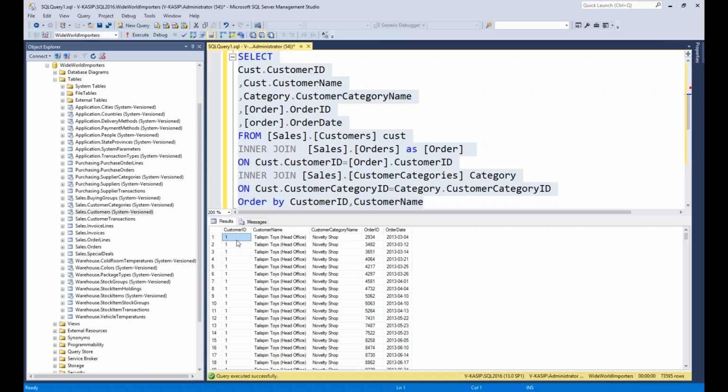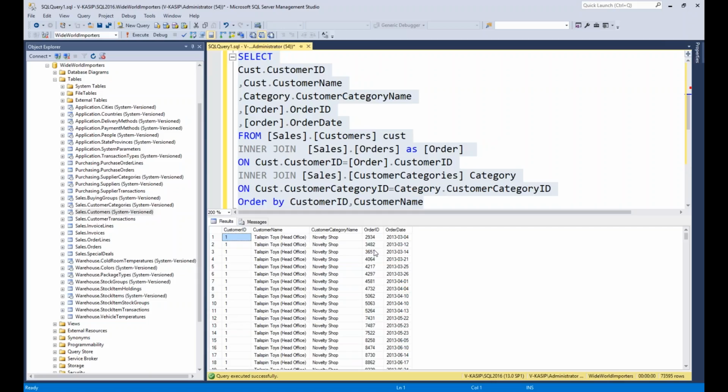Even the order ID differs. One customer can purchase many orders. So in the order table, for one customer, you can have multiple records. That's why your result set returns more than one record.